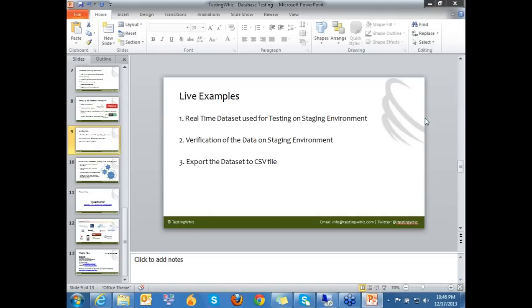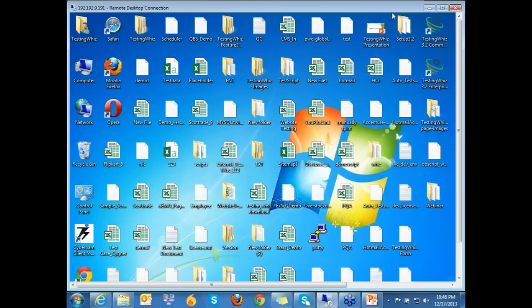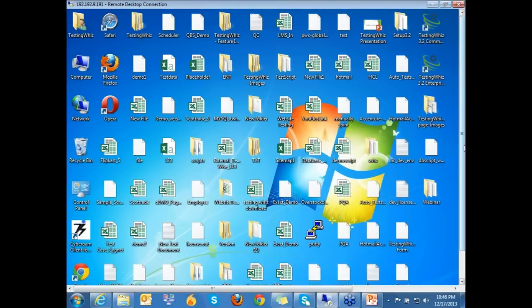Alright, so as we discussed earlier, we want to give you a live example at least for a couple of different scenarios, where the most basic scenario most people would encounter is they would want to use real-time dynamic data. So for that, we'll just go ahead and share